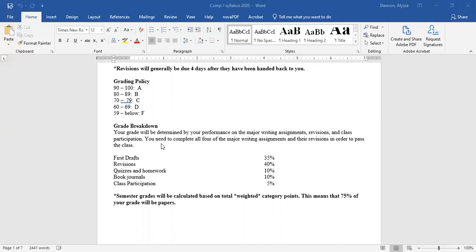You can revise a paper all the way from an F to an A. I mean, you have the opportunity. There is no cap on what points you can get back. You know what I mean? So when I was teaching at K-State, I had a student who would generally write me a paper between a 75 and a 79%, but she was amazing at revising and worked super hard, and she would revise her papers to A's.